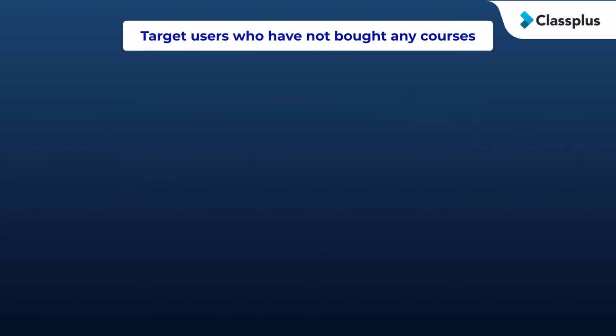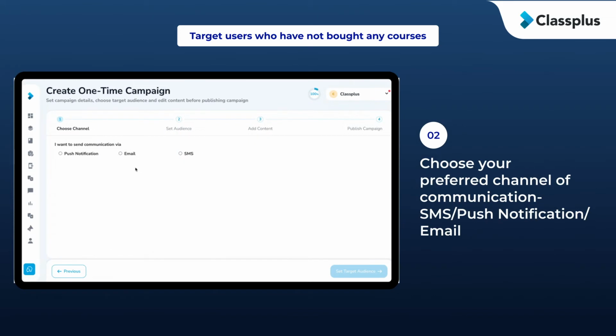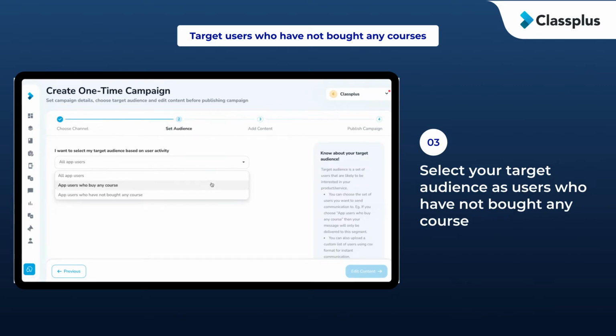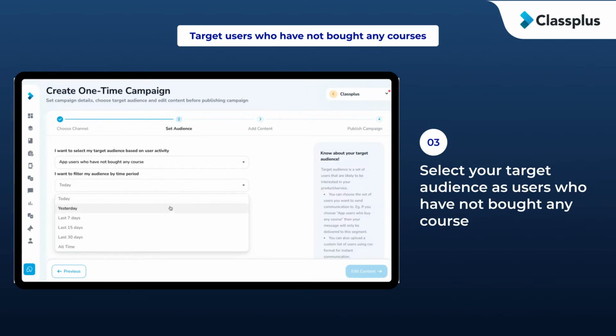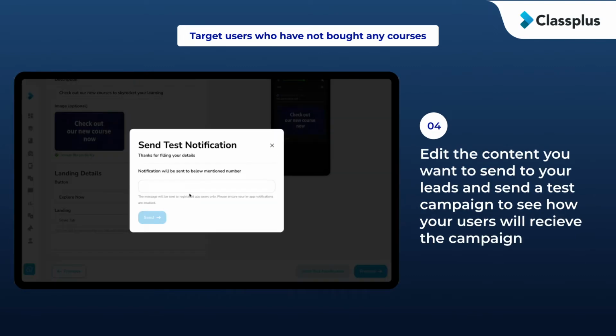Target users who have not bought any courses. Click on Create One-Time Campaign. Choose your preferred channel of communication, SMS, push notification, or email. Select your target audience as users who have not bought any course. Edit the content you want to send to your leads and send a test campaign to see how your users